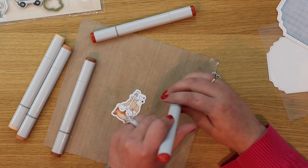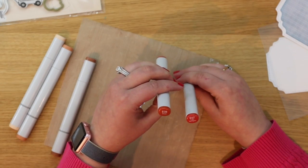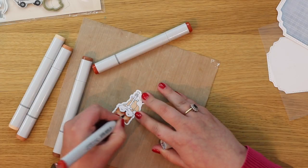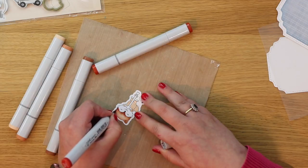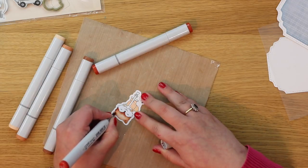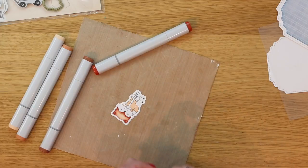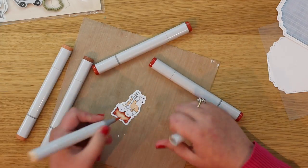I did grab a couple of ready shades. I've got E07 and E08, mahogany and brown, and I just want to really add that little flick of red fox in there as well. And with those lighter shades, I'll blend that out in just a second, and I'll show you how I'm going to do that. So now I'm going to go back in with that E21,